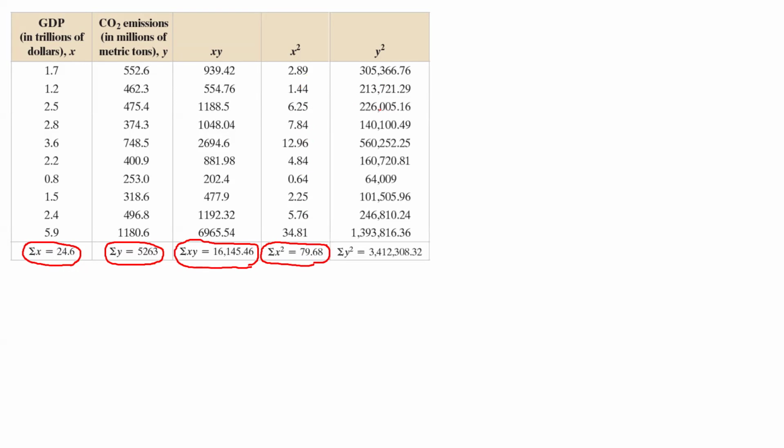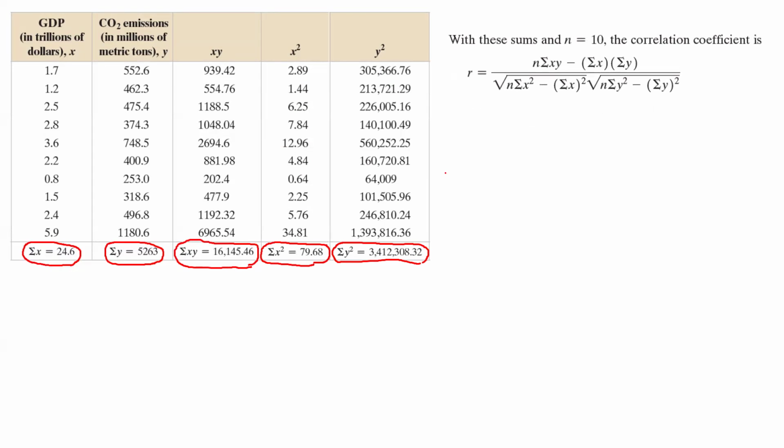Multiply each y by itself, add them all together to find this number, which is a large number, 3,412,308.32. Then follow the formula. In our formula, as you remember, on the numerator, you have n times the summation of xy's. We calculated the summation of xy's. What is n? N is the number of pairs that you have, minus the summation of x, which is just right here, times the summation of y's, which is this number,